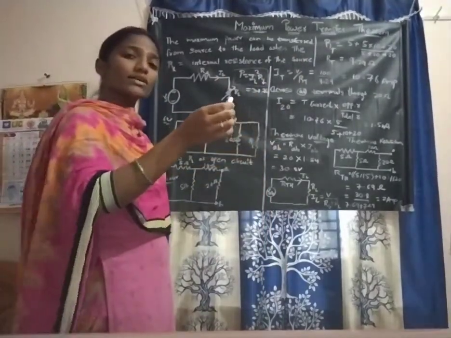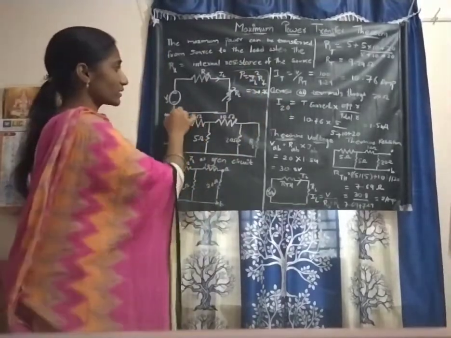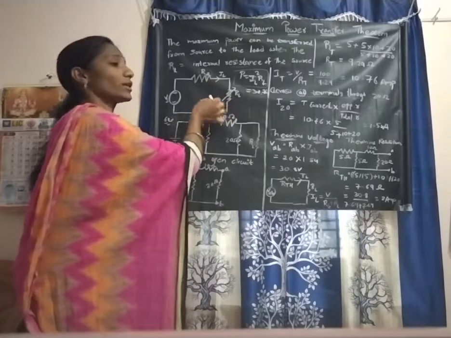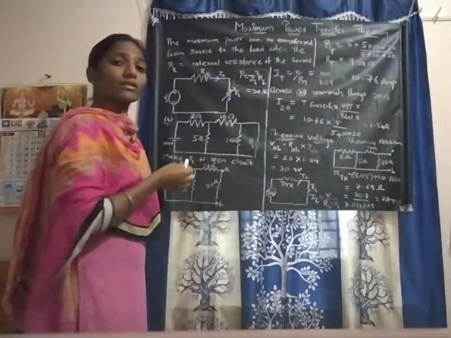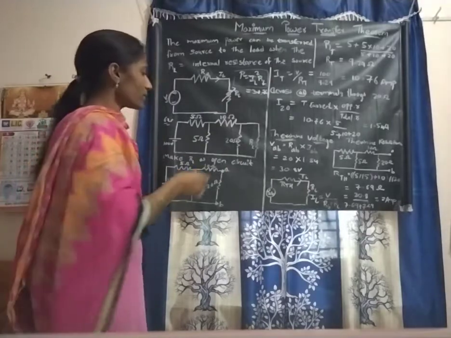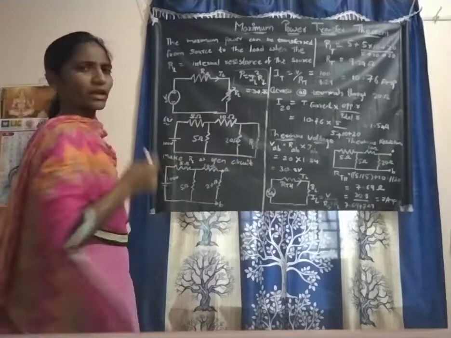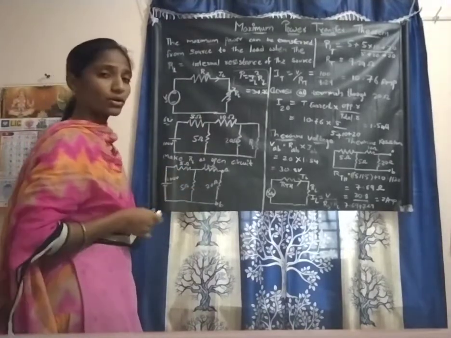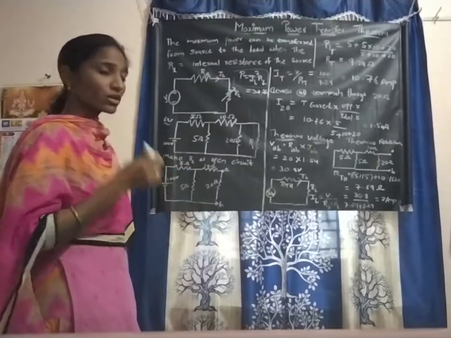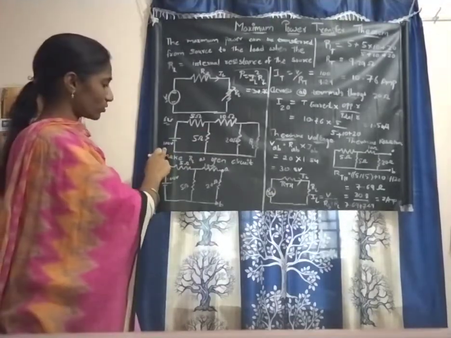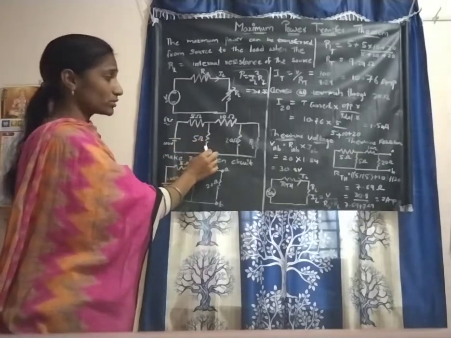Now the circuit of the maximum power transfer theorem is like this, with two resistances: one is the internal source resistance and the other is the load resistance, along with the voltage. Let us consider a complicated circuit with the RL load, a few resistances and the voltage V. We took a voltage of 100 volts and resistors of 5 ohms, 5 ohms, 10 ohms and